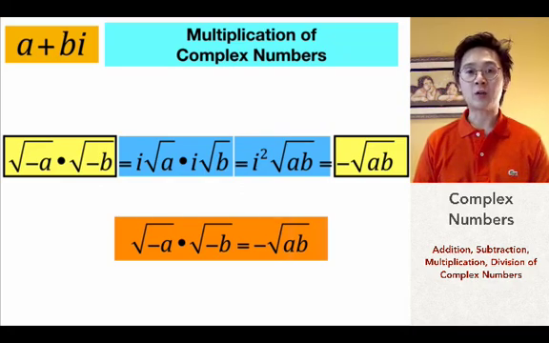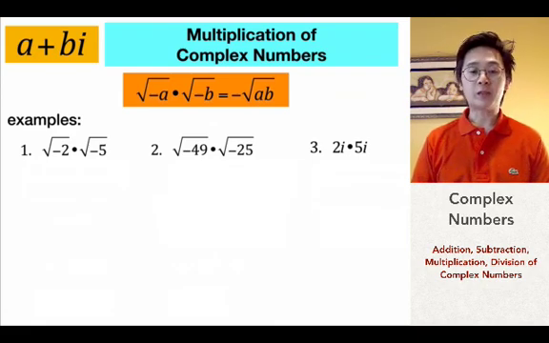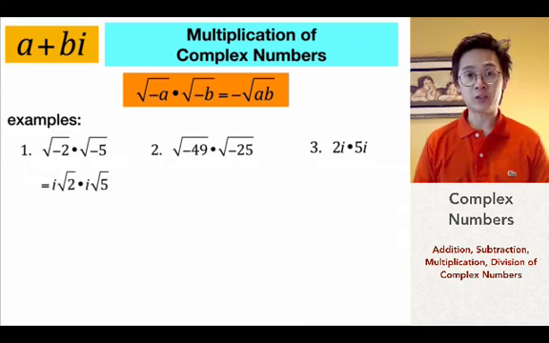So let's have a numerical example of this property of complex numbers. Let's say we have square root of negative 2 times square root of negative 5. To be able to simplify the expression, all we have to do is to separate the i for square root of negative 2 and the i for square root of negative 5, giving us i times square root of 2 and i times square root of 5. And by multiplying i times i and multiplying square root of 2 and square root of 5, we'll be able to produce i squared times square root of 2 times 5, which gives us negative square root